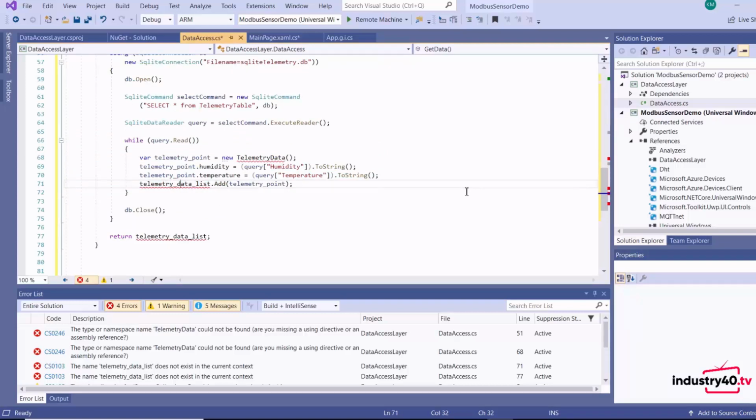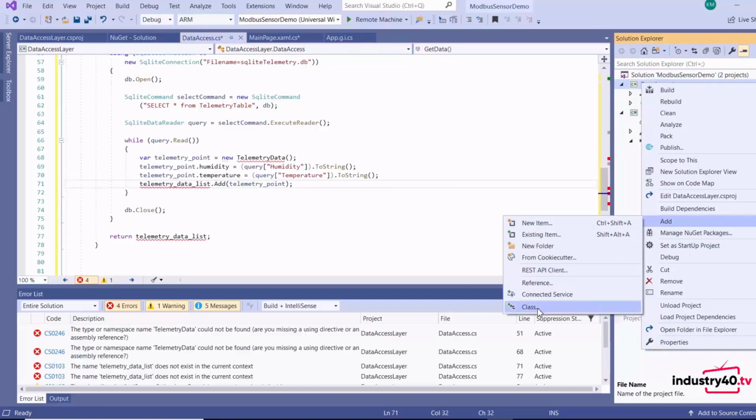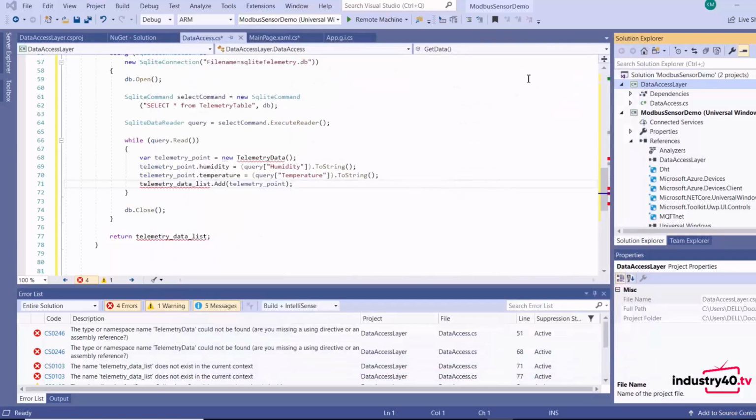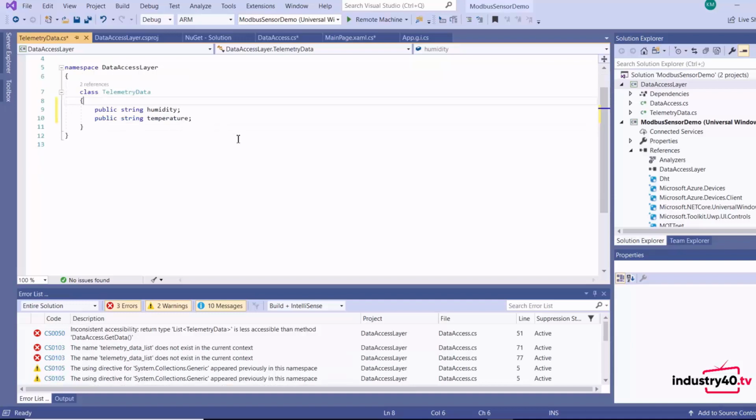Okay, so I'll go ahead and add our class for our telemetry data type. Our telemetry data type will comprise humidity and temperature.